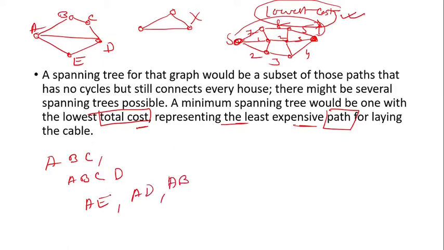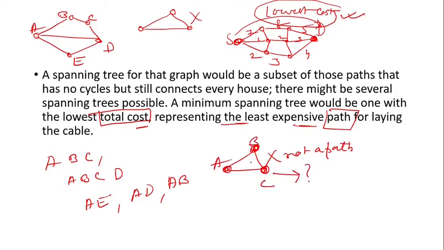So a path will not have any cycle. Remember that: the difference between a path and a cycle is that a path won't have a cycle. So this is not a path. Remember, this is vital information, an important thing you should know. This is a cycle, A, B, C. This is not what we are looking for.